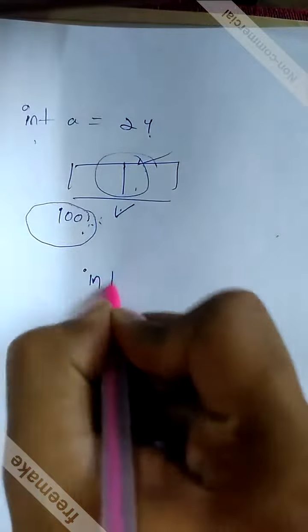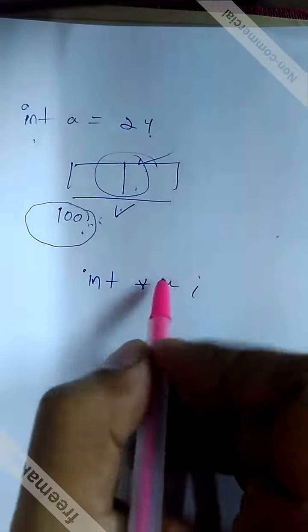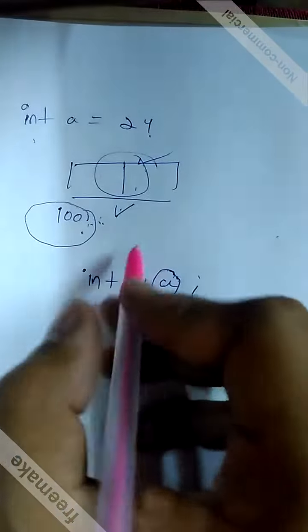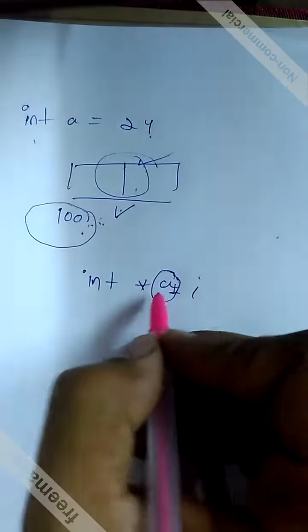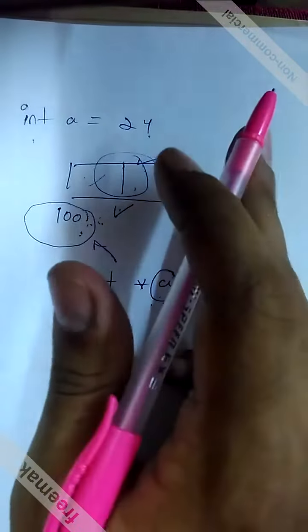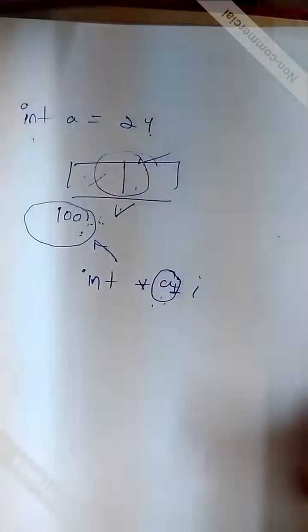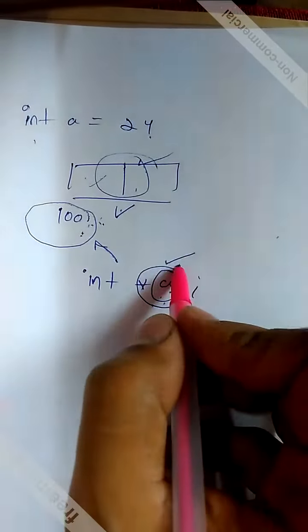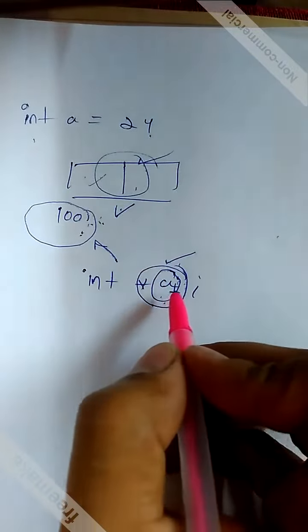So just consider a case of how we declare pointers. We declare the pointers as int star a. Now this a is a variable that points to the address. Say it is not a, it is a1. This a1 points to this address, and from this address we can access this variable. This decreases the access time. And star a1 is the value at the address which is pointed by this variable a1.